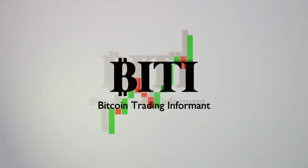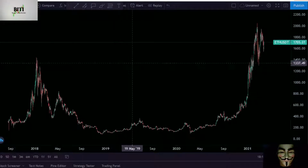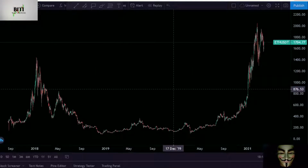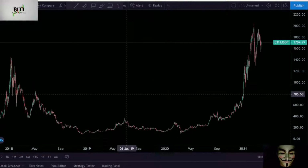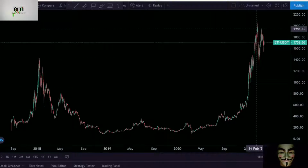And here is an update about Ethereum. What's going on with Ethereum? This is the daily clear chart. Without any drawings, without any stuff, we are now starting this together on a blank screen here on this TradingView Ethereum chart. So guys, every candle is now 1 day, and here you can see the big pump of Ethereum,